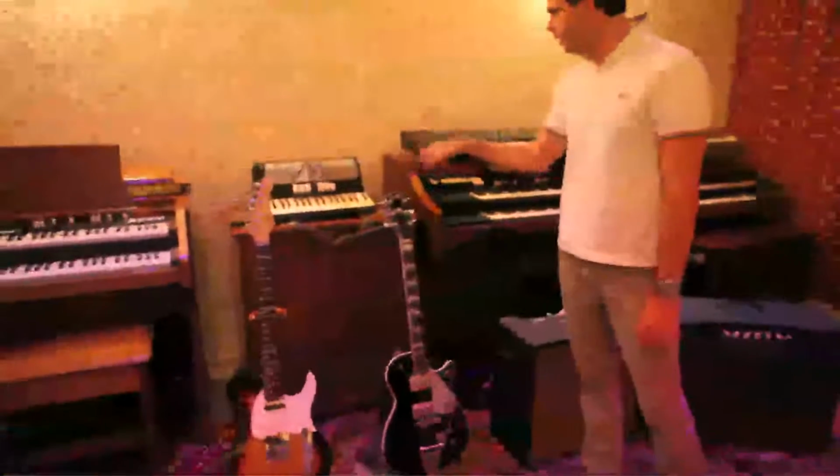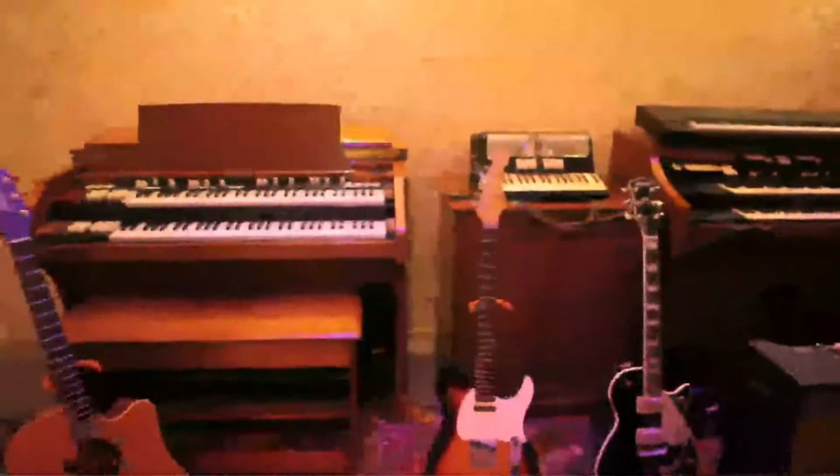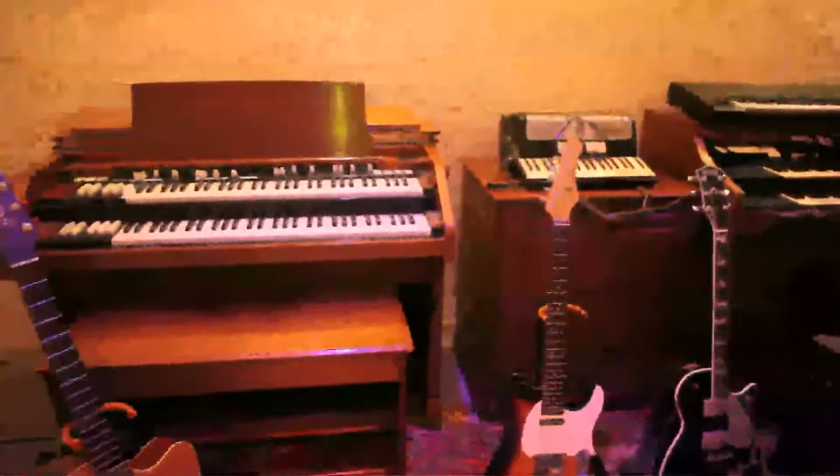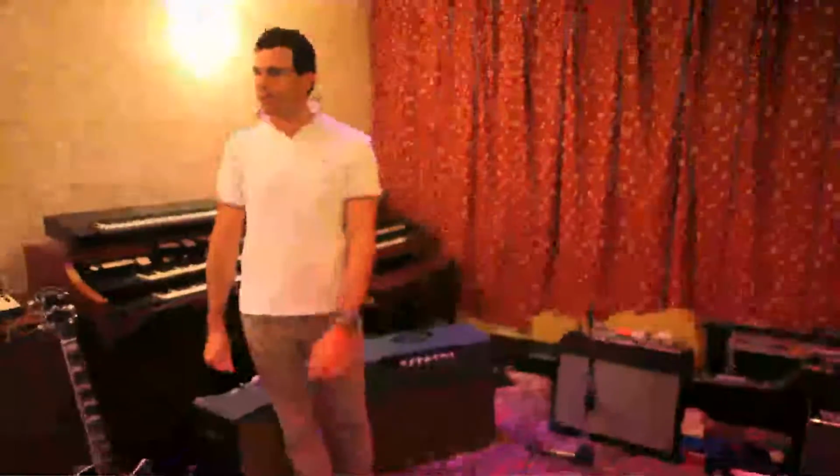Yeah, and actually this Hammond and Leslie really has a great sound. It's one of my favourite Leslie sounds. You can crank it right up and get it nice and dirty and crunchy. There's a Rhodes over there, and also a really cool Schwander,